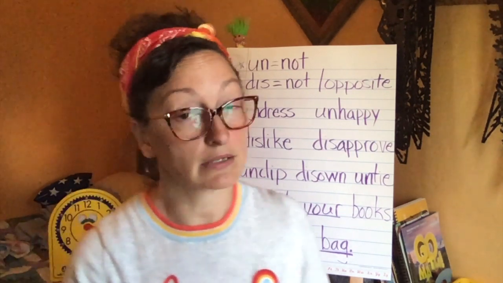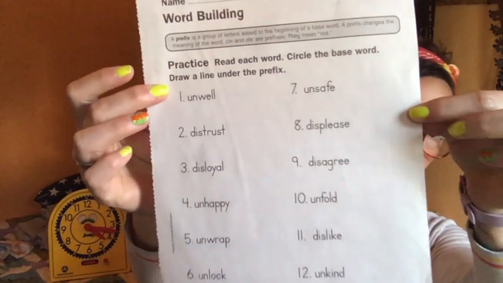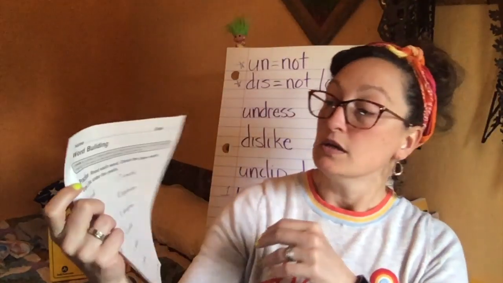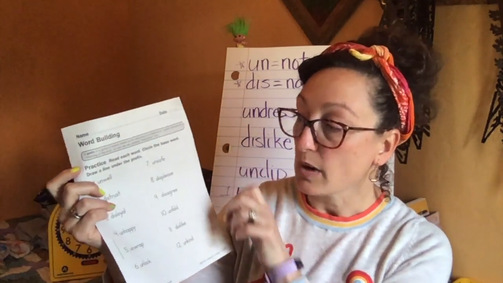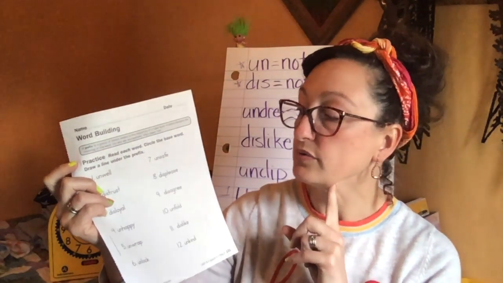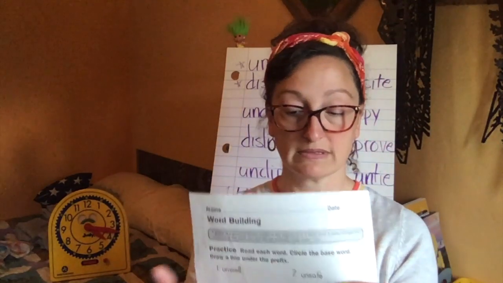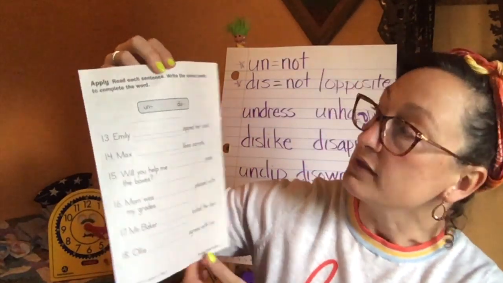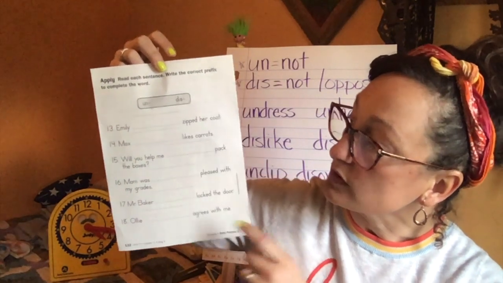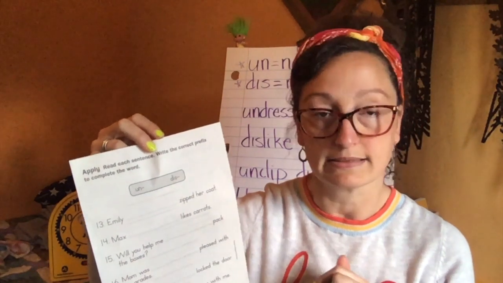We aren't really technically supposed to have a worksheet today, but I'm going to move one of the day 3 ones to today. So I'm going to have you guys go ahead and do page 131 and 132, and it's just about our prefixes that we've done. So it has a little blip up here about prefixes, and it's read each word, circle the base word, and then draw a line under the prefix. So remember, we've only learned 2, un and dis, so you're looking for those in there. And then on the back, write the correct prefix to complete the word. So you're going to have to read your sentence first and think about which prefix makes sense in that.